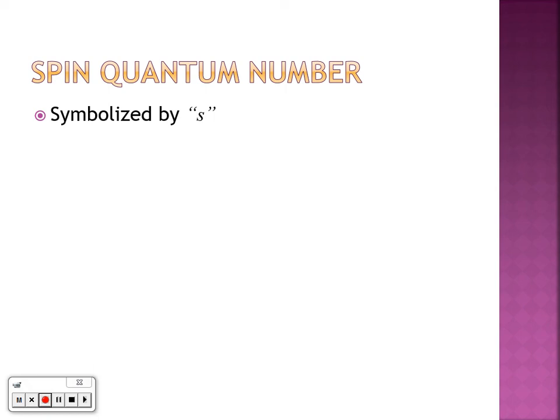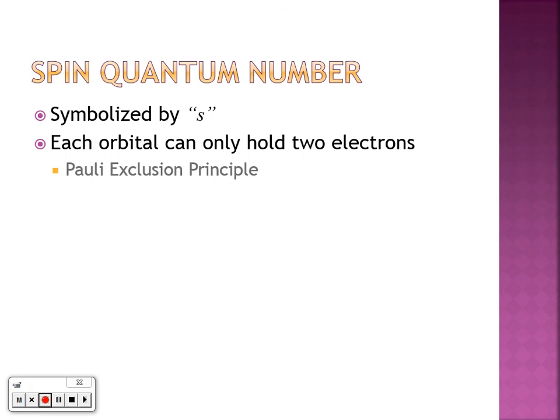So any one of these individual spots that we've drawn has a limit to the number of electrons that we will actually find there. And that limit is 2. Every orbital that we've drawn can only hold a maximum of 2 electrons. We refer to that idea as the Pauli exclusion principle. And therefore,